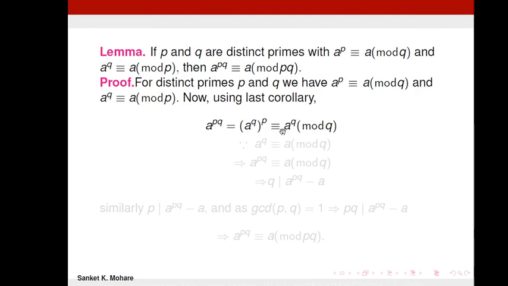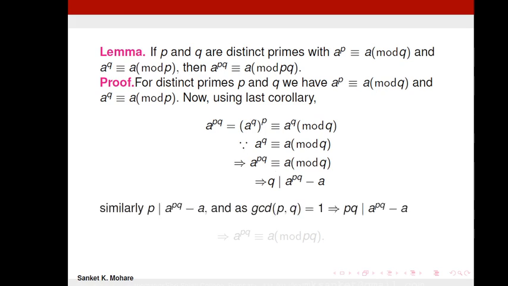So this implies a to the power pq is congruent to a modulo q, and this implies q divides a to the power pq minus a. Similarly, we can prove that p divides a to the power pq minus a,